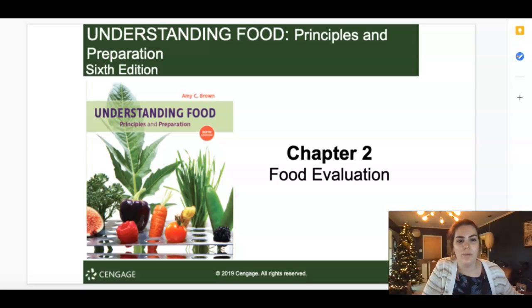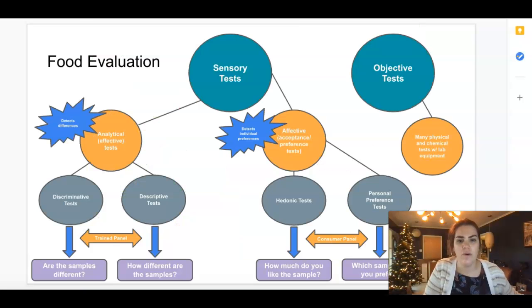This is going to be a short presentation on Chapter 2, Food Evaluation, and we are going to be focusing on the sensory tests. So here you see the different types of tests that are used to evaluate food. The two main groups or types of food evaluation are sensory tests and objective tests. So just like they say, sensory tests are using our senses to detect differences or individual preferences between different products